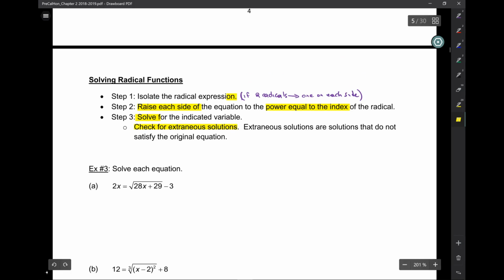If you started with a square root of x equal to, whatever, right? Remember,